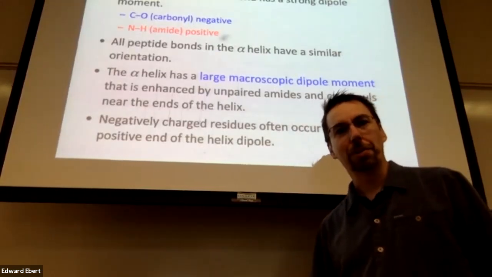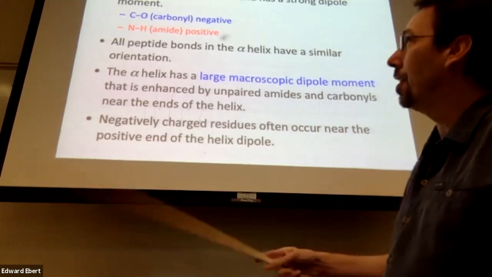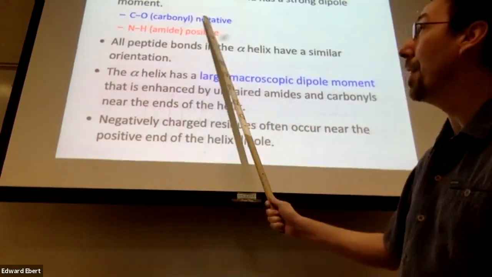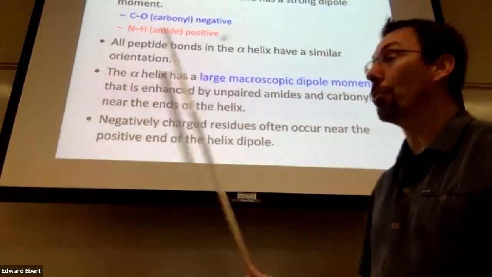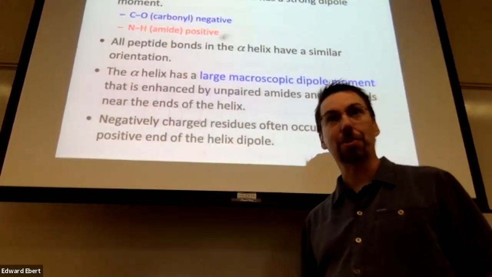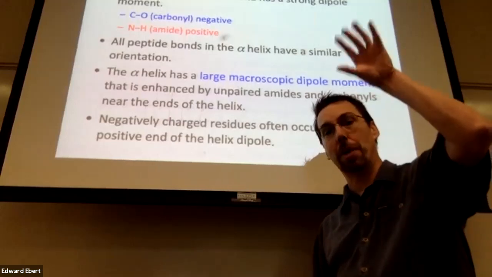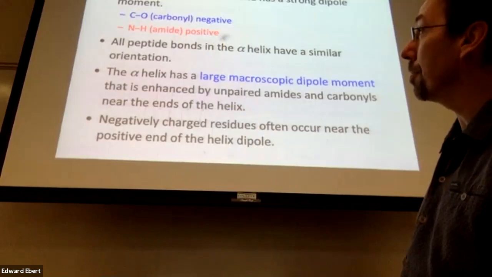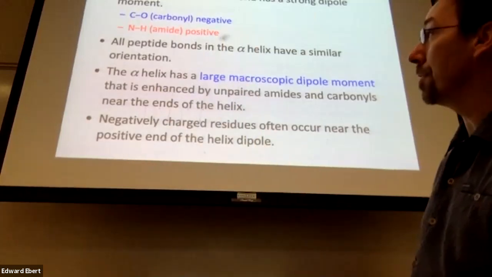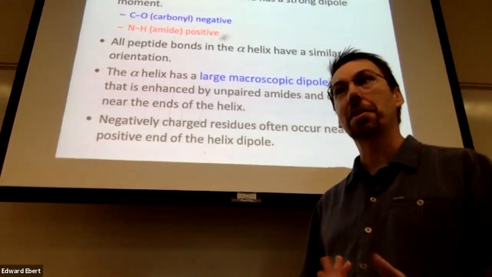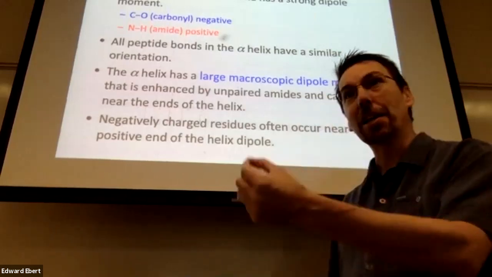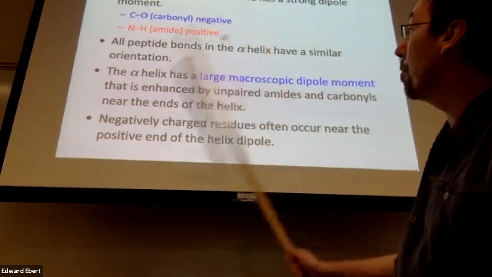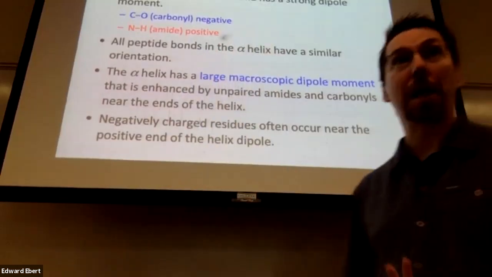Okay. We can also talk about dipole interactions here. Remember, our peptide bond has a negative pole and a positive pole due to that stabilized resonance structure, where we stabilize the CO minus and either the N plus or C plus. So all the peptide bonds are going to have a similar orientation. We're essentially lining up all of these tiny little dipole moments so we can make a large macroscopic dipole